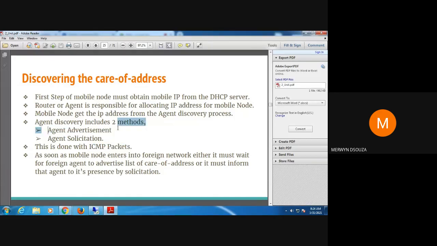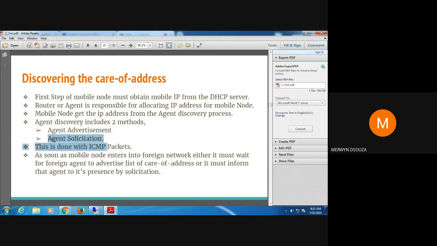In agent advertisement, each agent sends periodic messages, and these messages contain one or more care of addresses and a flag, and the flag indicates whether the agent is a home agent or a foreign agent.